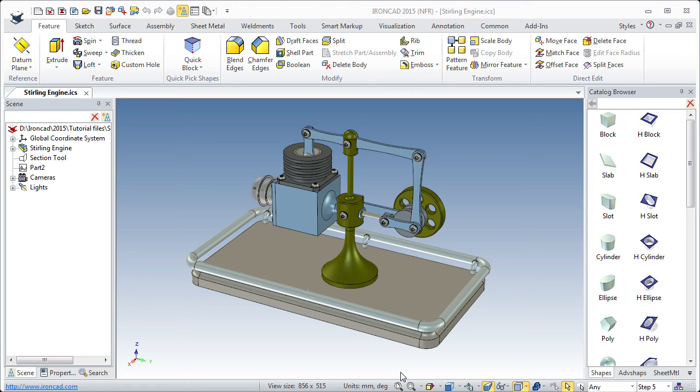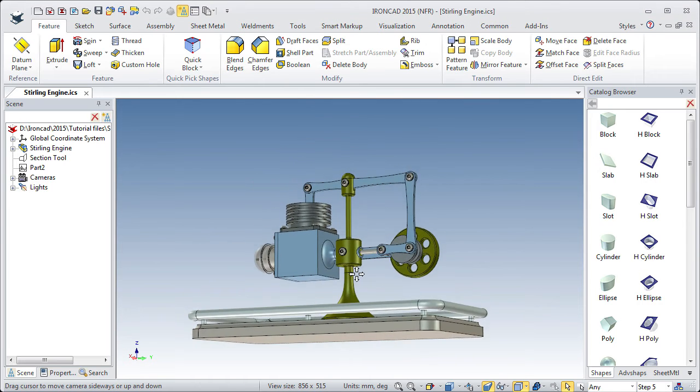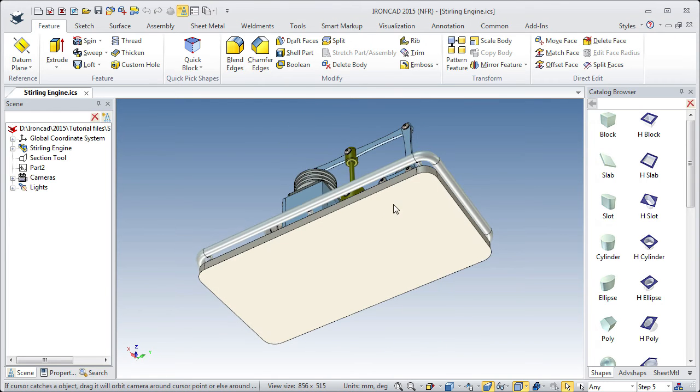We will now see how we can render a product image of the styling engine. First of all, we will create something for the engine to stand on, for instance a tabletop. I will move my camera to this position and I will right drag a block and drop it here in the center, drop a spot, and I will change the size of this block, select this handle, control select the